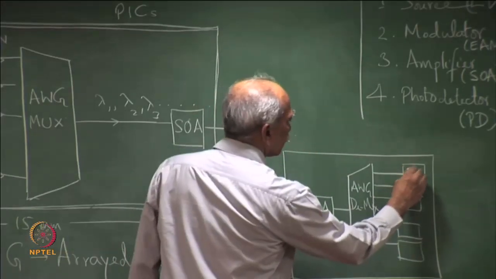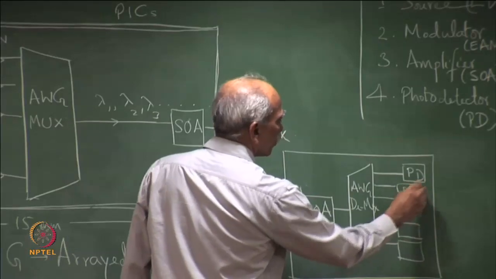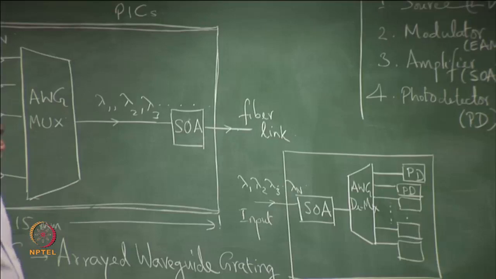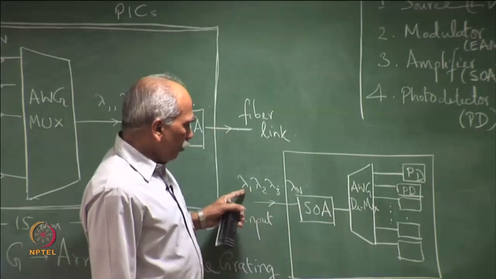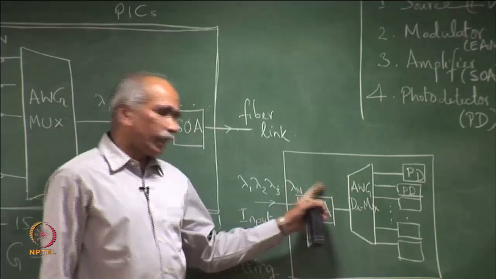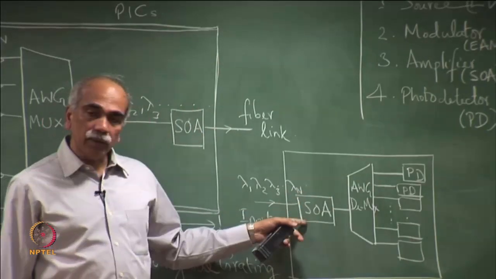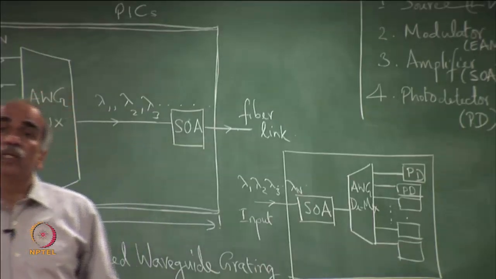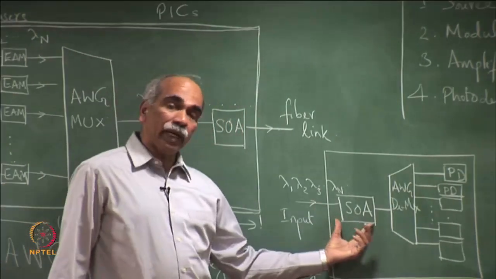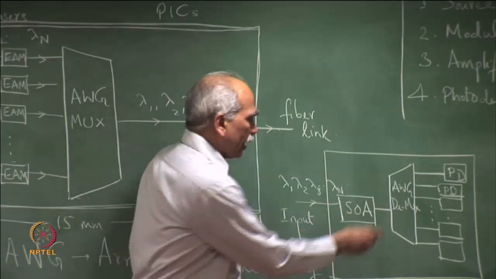So, photodetectors. So, the input containing all the wavelengths is amplified by an appropriately chosen SOA. There may be gain flattening filters associated with this, so that there is a flat gain band,